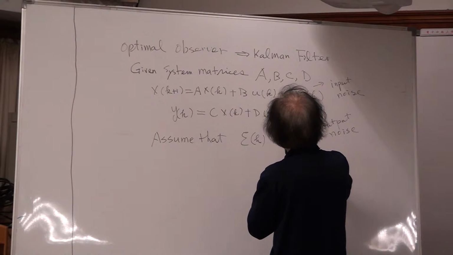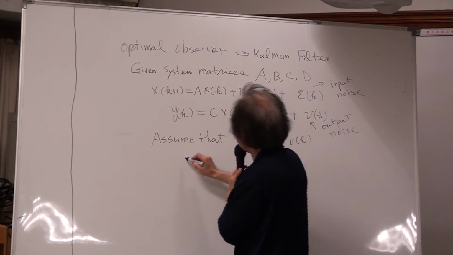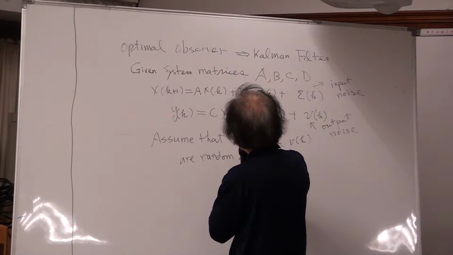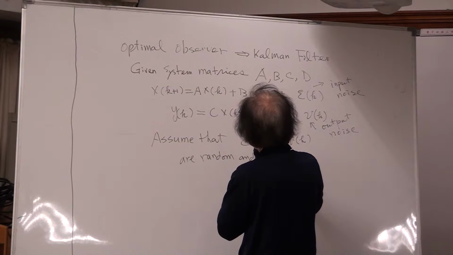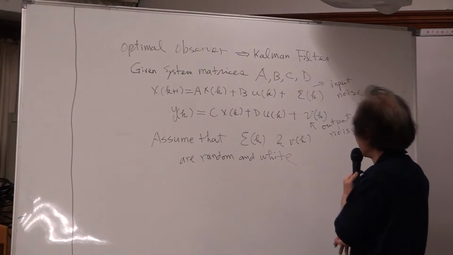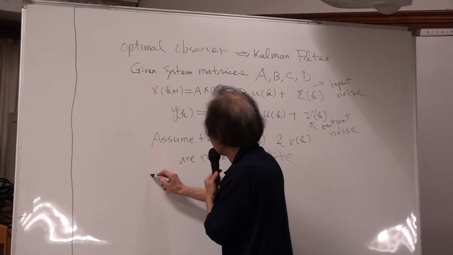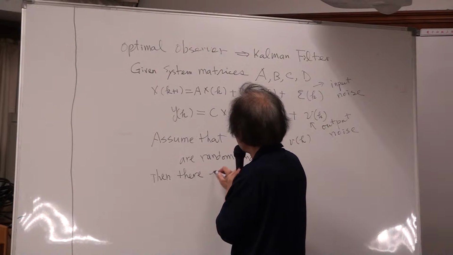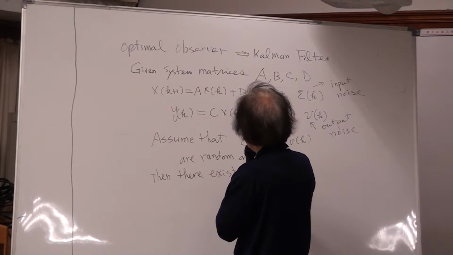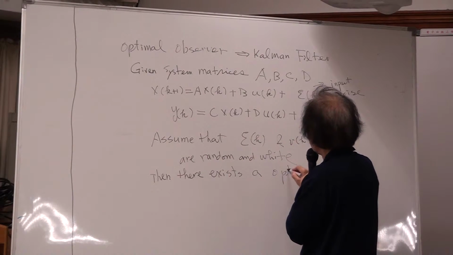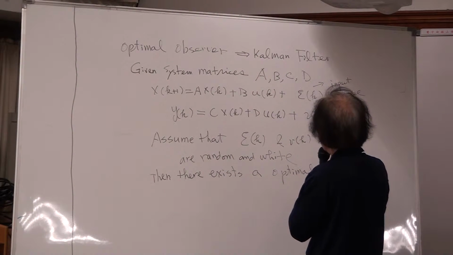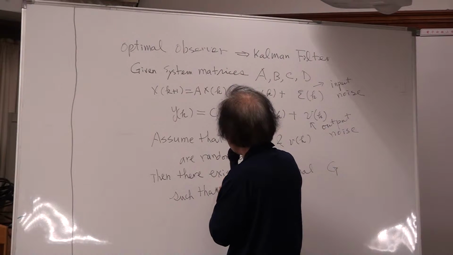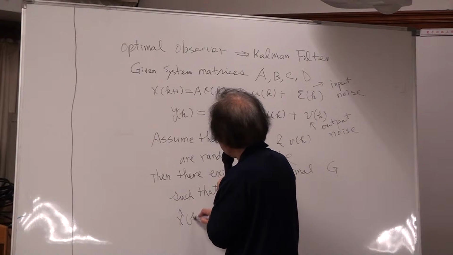If that and that are random, now is there an optimal G such that state estimation